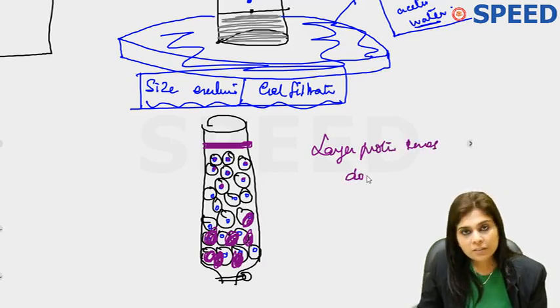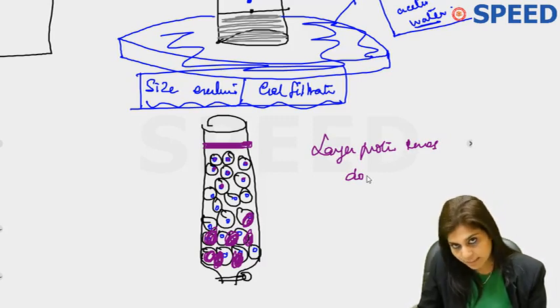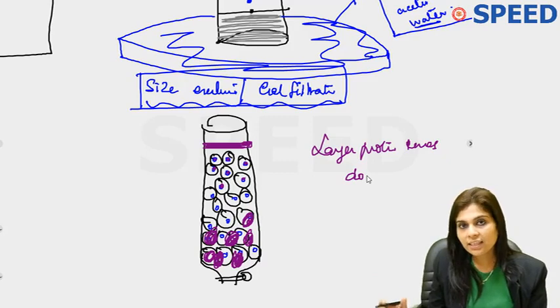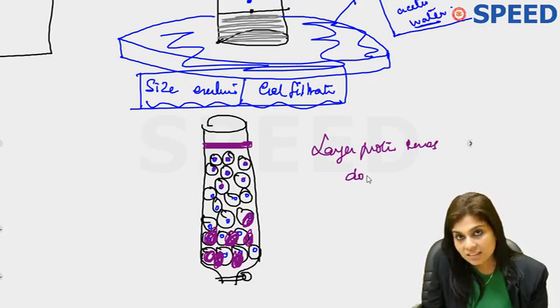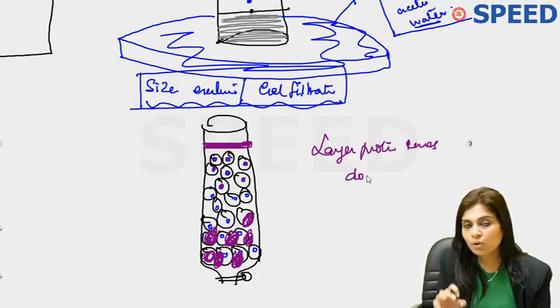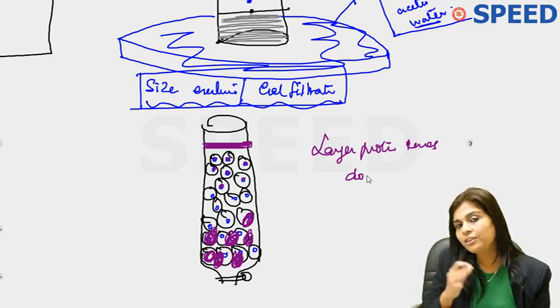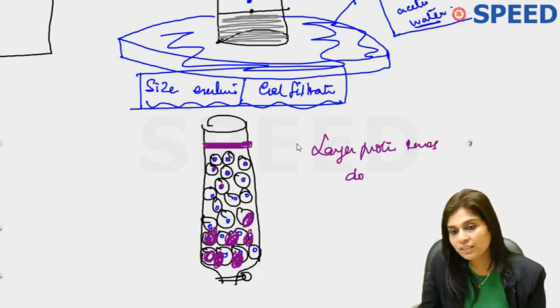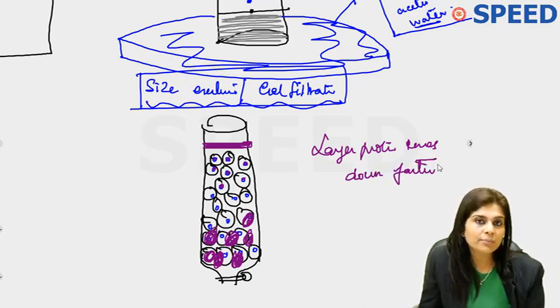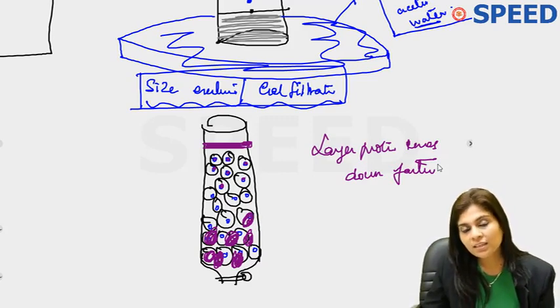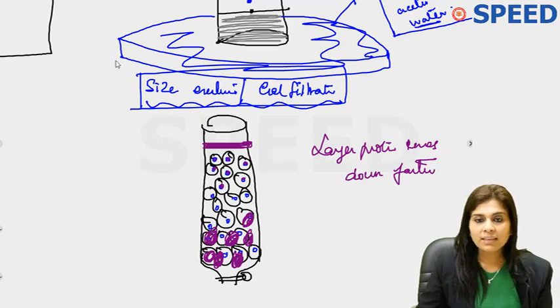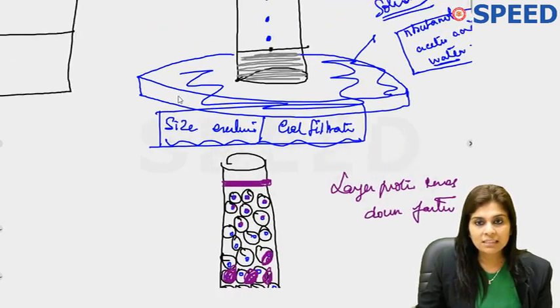Had I not told you the principle of size exclusion or gel filtration chromatography, had I just told you that this is a technique which separates proteins based on size, and if I am asking you which protein comes down faster, you tend to answer smaller protein, right? But it's quite contrary to your expectation. Larger protein comes down faster in size exclusion or gel filtration chromatography. So if you are asked which technique separates proteins based on size, your answer should be size exclusion or gel filtration chromatography. Okay, so that's about a technique which separates proteins based on size.